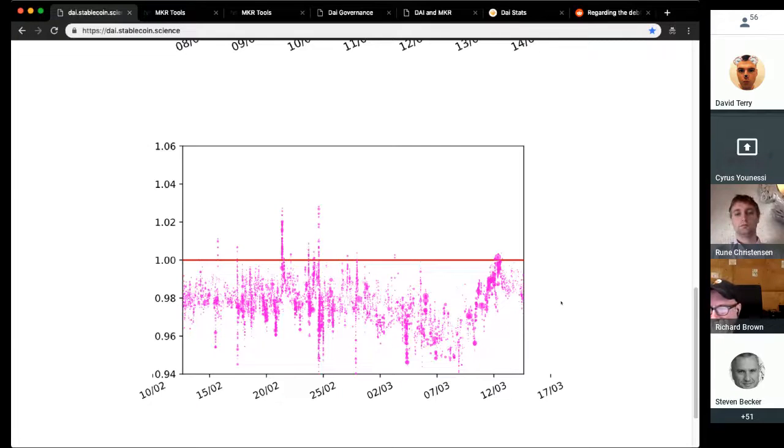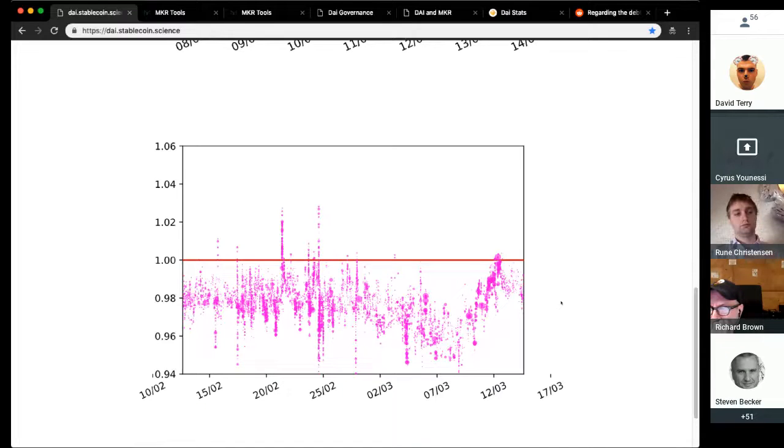Our thinking internally was to just observe. The DAI price seems to be trending in the general right direction. We're seeing some good metrics in terms of CDPs, DAI supply growth, market makers. I think just waiting and seeing how it evolves could be the right decision.